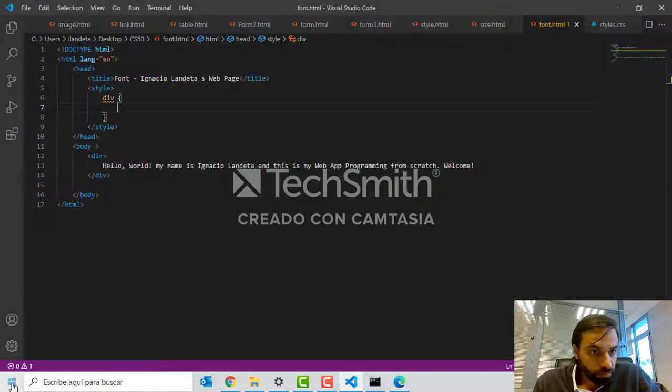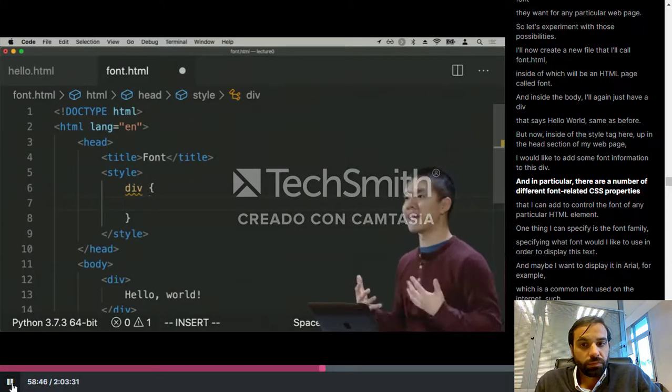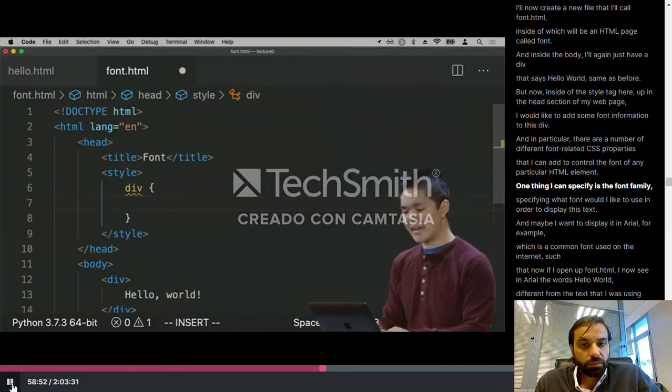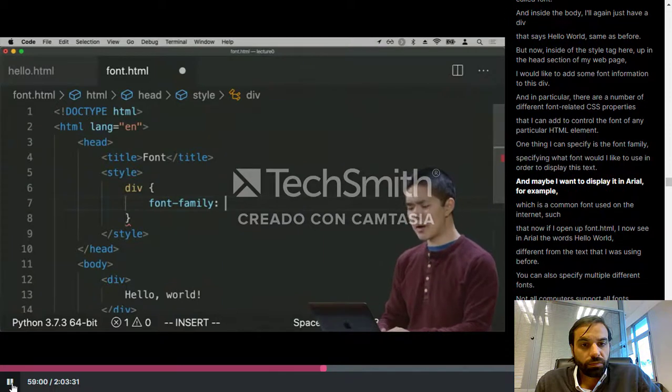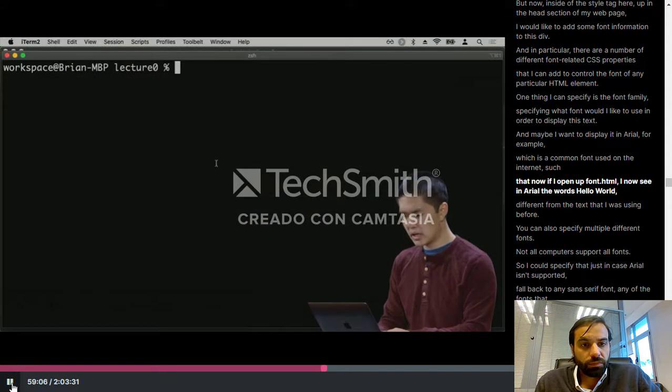And in particular, there are a number of different font-related CSS properties that I can add to control the font of any particular HTML element. One thing I can specify is the font family, specifying what font I would like to use in order to display this text. And maybe I want to display it in Arial, for example, which is a common font used on the internet, such that now, if I open up